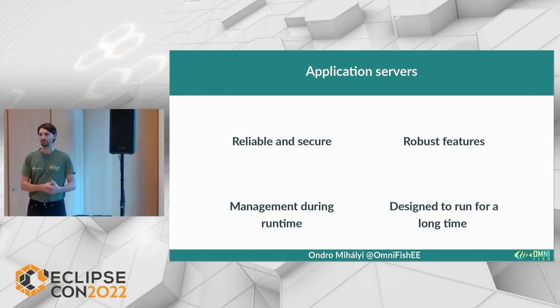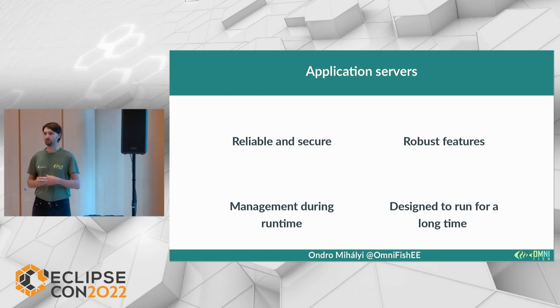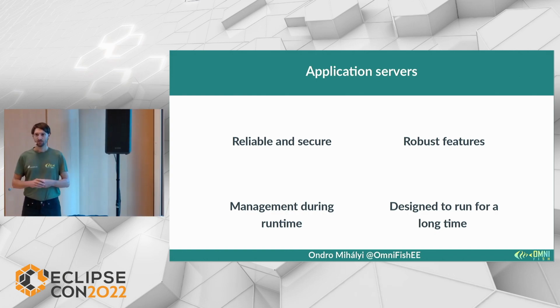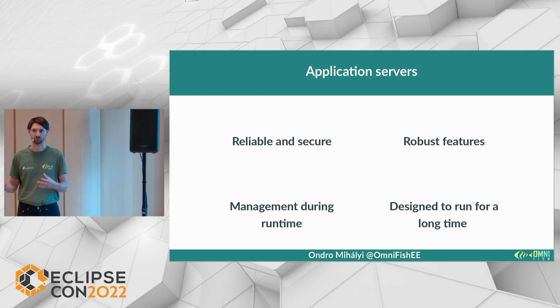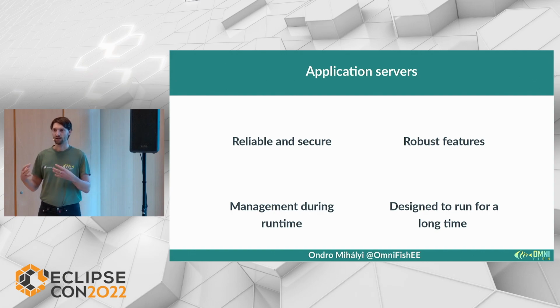So let's start with application servers first. I'd like to show you how the Java ecosystem evolved from application servers, and I'll use GlassFish and Piranha as an example. Application servers were designed to be reliable, secure. This is not only like the dogma, but it's true. They were designed to provide a high level of quality in production, a lot of features so that you can manage things in production. And they were also designed to save some resources in the past when resources were scarce, so you could deploy multiple applications on the same JVM and manage them together.